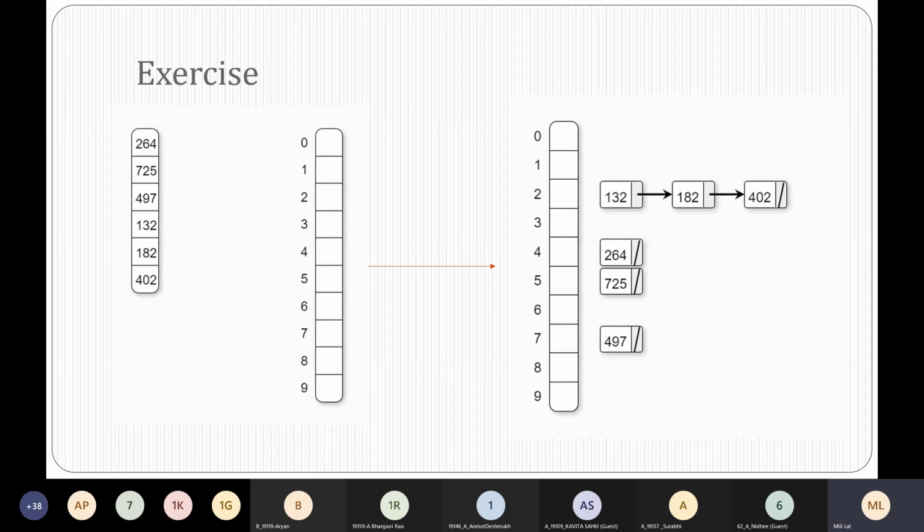It's 2. So as you can see, we'll first check whether the bucket is free. Is the bucket free? Is bucket 2 free? Students, please speak up. Is it free?